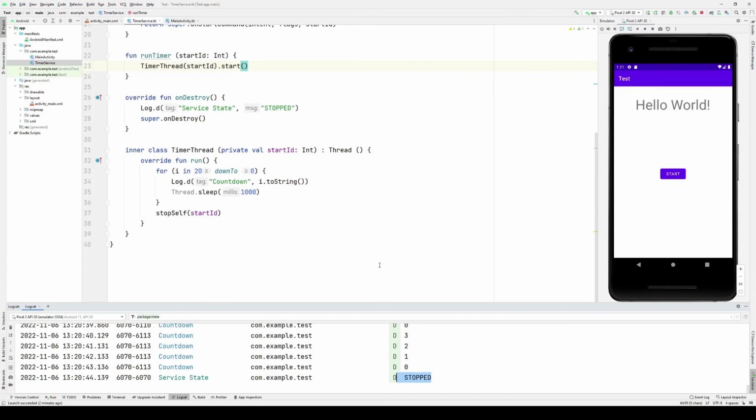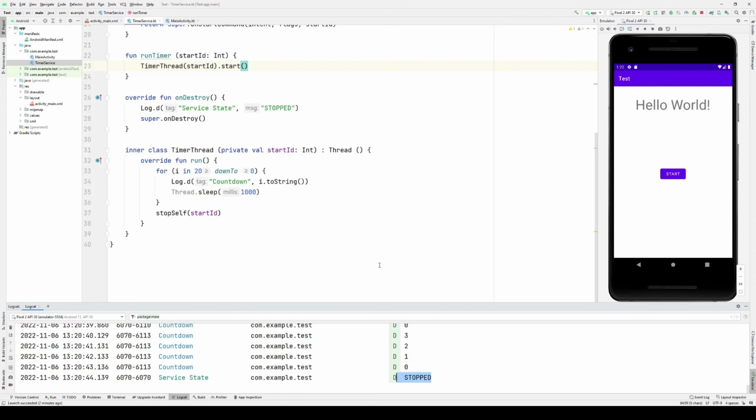In that scenario, the 1-minute timer would clearly have its stopSelf invoked before the 10-minute timer.